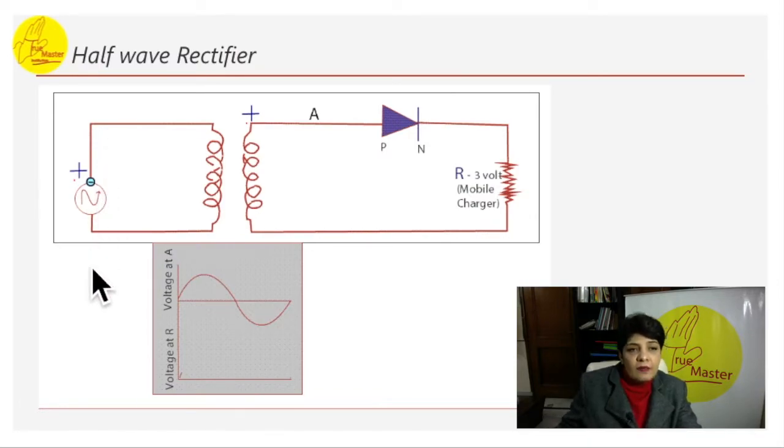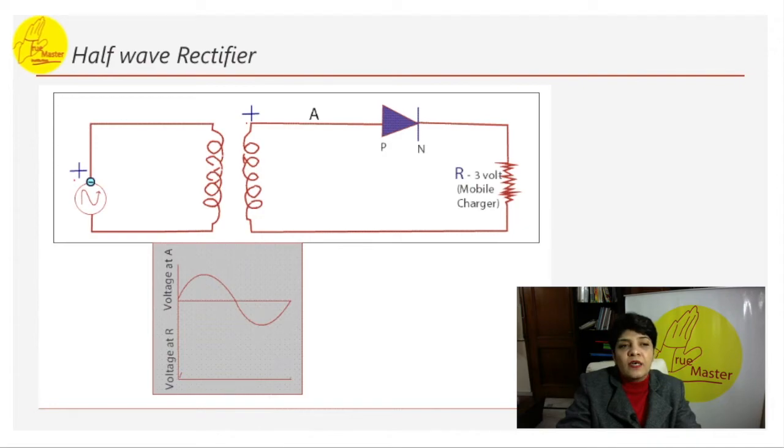During the positive cycle of AC, the AC moves in this cycle. If you remember, this is the positive and then it is the negative direction, correct? So during the positive cycle of AC, the end A is positive and the end B is negative. This is A and we are considering this as B. So A is positive and B is negative. The output voltage across R, we are going to notice in this diagram, how it is going to function.